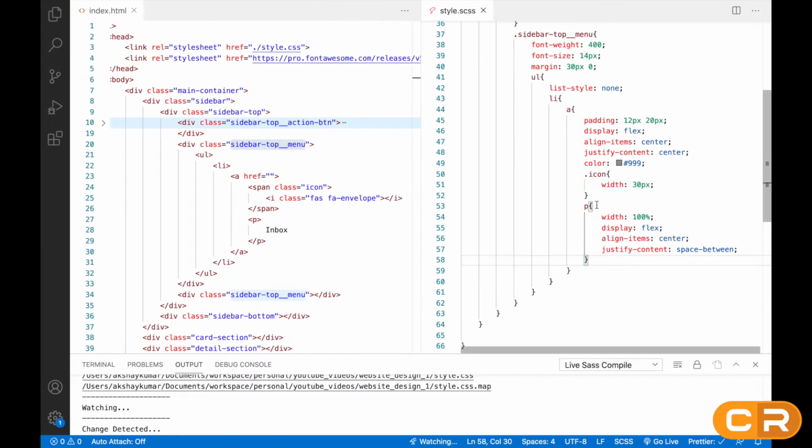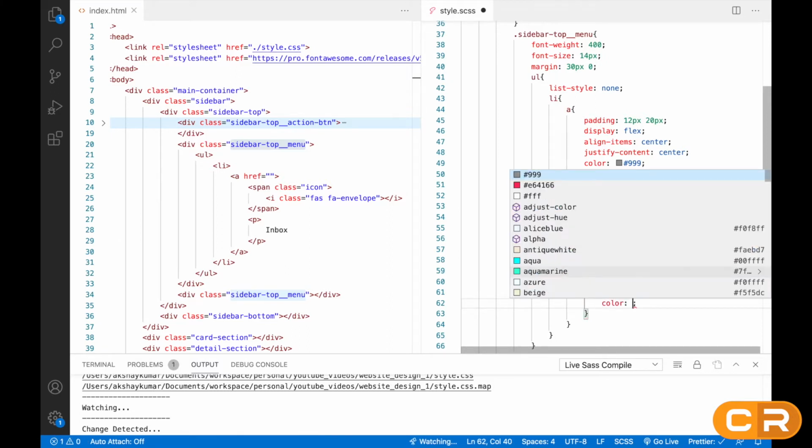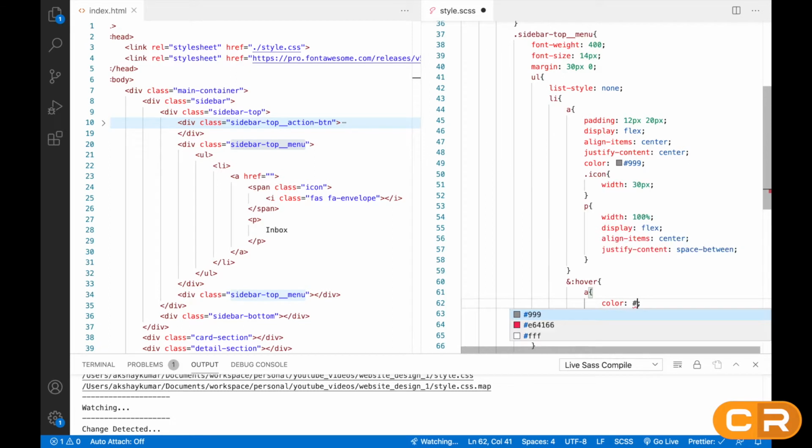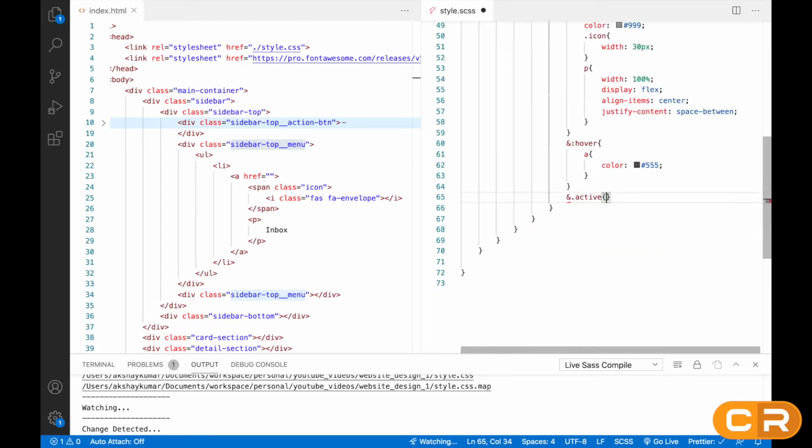Cool. So for LI, we'll give some hover. So whenever we hover on the LI, it will change the color, and it will change to some dark gray. And we'll give one active class also, right? Here also we'll change the color to 555, and we'll give the background triple E, right?